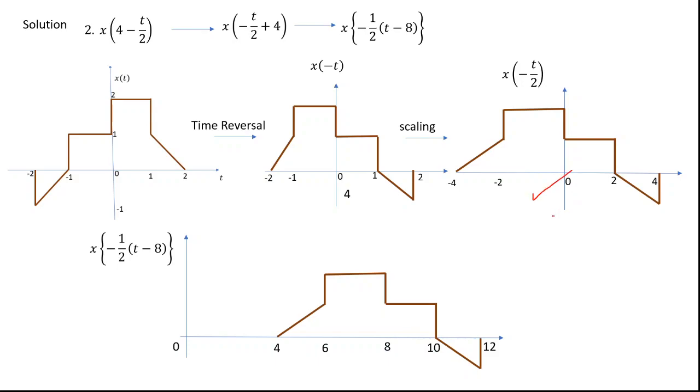Now finally scaling is done, so let's do the shifting. The same way, we will take the common factor outside to finally see the t minus k format, as we had discussed earlier. Now you can see, since this is the t minus k format, the signal should shift forward by 8 units. So this is the final answer.